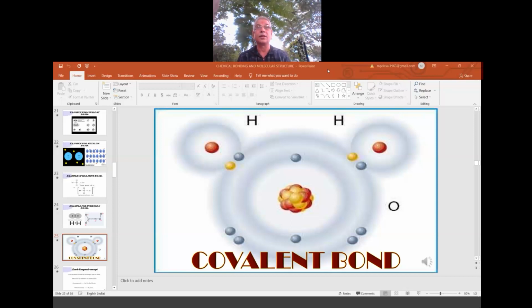So today, types of chemical bonds. Before that, two types of elements: electropositive and electronegative. When those two atoms come in contact with each other, what type of electronic transaction happens and what type of bond is formed. Accordingly: electrovalent, covalent, metallic, hydrogen, and coordinate bond or dative bond. So these we studied in our previous session.